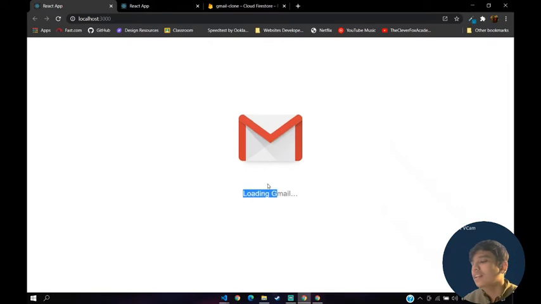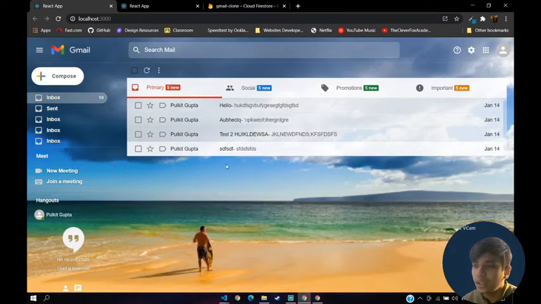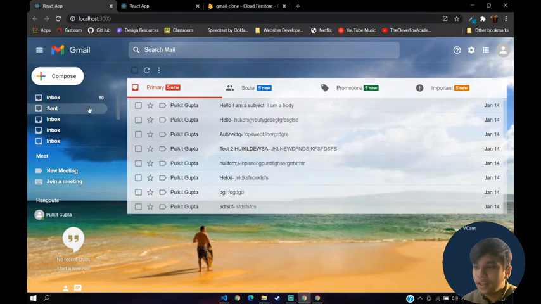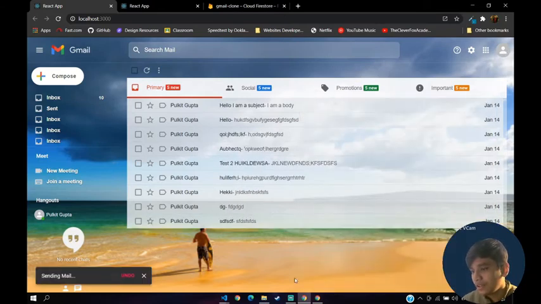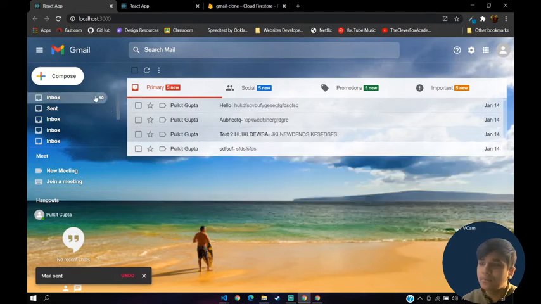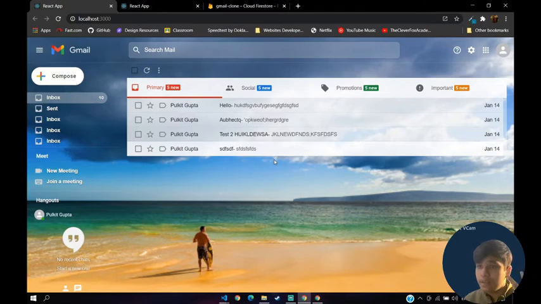So now let's refresh, hopefully it should work. Okay, if I click on send, and as you can see we got more mail, that means it's working. If I send another mail here to myself, okay, if I send to anyone, I'll just send it, and as you can see the mail got added here, but the number of mails remains the same here, right? That means it's working perfectly fine.